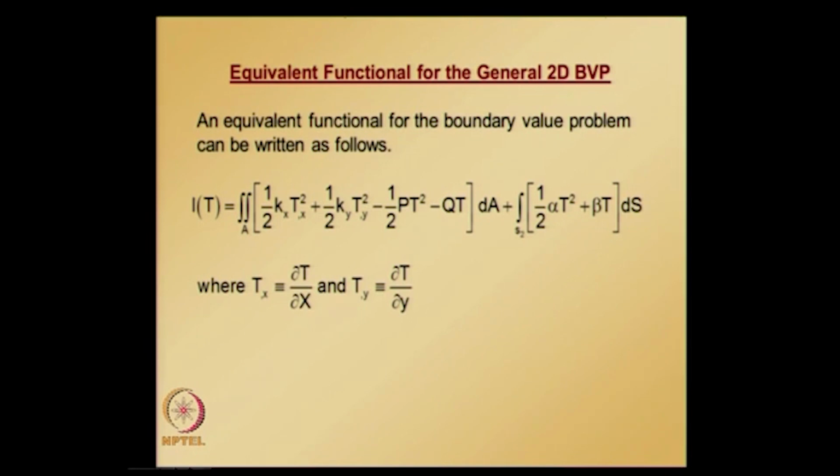Note that the second integral is evaluated only over S2, the part of boundary over which natural boundary conditions are specified. If you recall, S1 is the part of the boundary on which essential boundary conditions are specified, and S2 is the part of the boundary on which natural boundary conditions are specified. So, the second integral needs to be evaluated on the part of boundary over which natural boundary conditions are specified, and this is the equivalent functional for the boundary value problem that we noted,